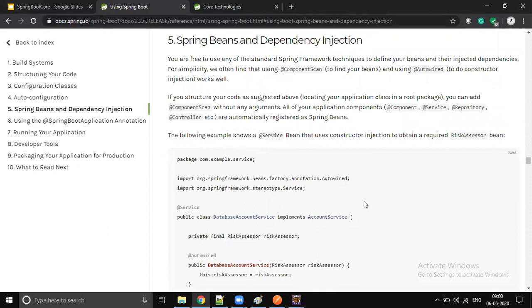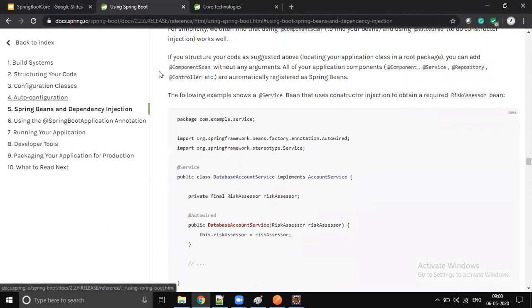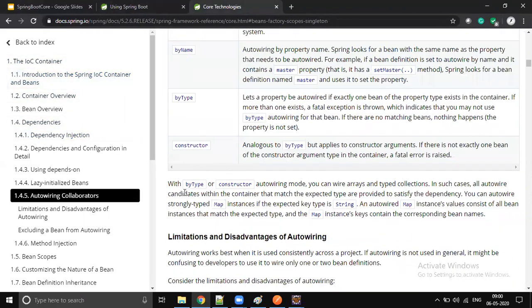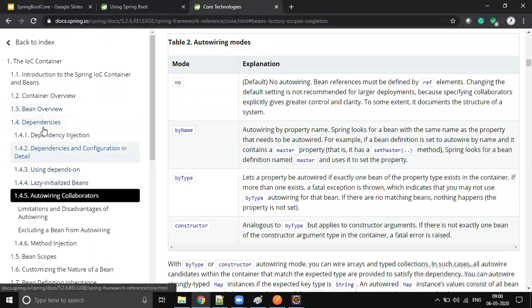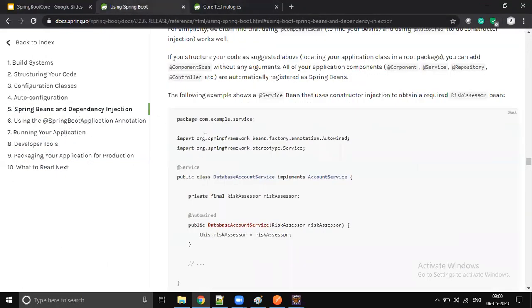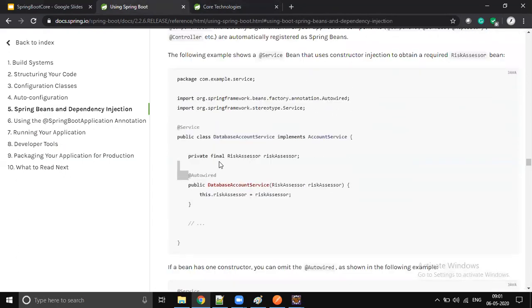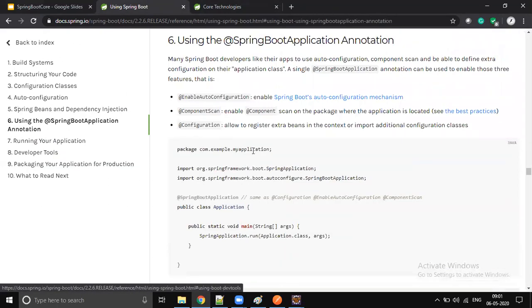Okay, so this is not a good place to read about dependency injection. The best documentation to learn about dependency injection is Spring Core. We already cracked this entire topic, right? So you can just skip this. They don't talk about anything other than this. You just directly show an example of autowire. You don't say constructor or setter dependency injection. No, you directly use the autowire in Spring Boot, right? So the full information won't be available in the dependency injection section with respect to Spring Boot, right? So we can skip this, and the next one is at Spring Boot application.